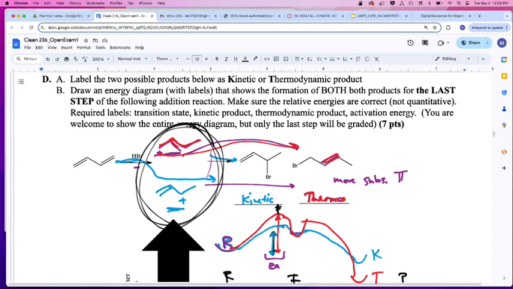And technically it says only the last step will be graded, and that's because I'm trying to avoid that screw up that I made. Because you're starting at the same point. Kind of, sort of? Okay. With that,